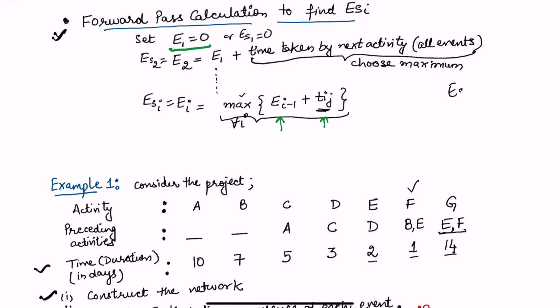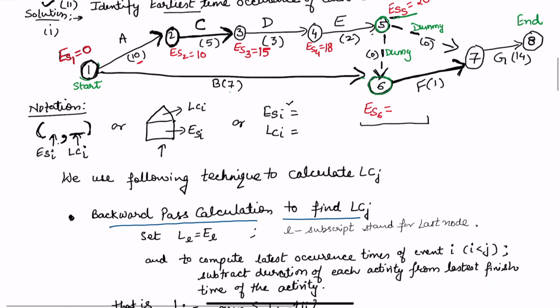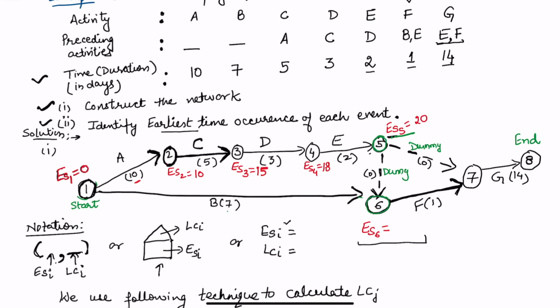In this question, this would be ES1 plus T1j and also ES(i minus 1) plus Tij. So that is why we are going to choose the maximum. So you have to see from all previous nodes, for all i, from whichever preceding nodes it is coming up. Now in this case, 20 plus 0 is 20 and 0 plus 7 is 7. The maximum is 20. So I'll take this as 20. It will ensure that 20 days will be the starting time. All the previous activities need 20 days to complete. Okay, and then I'll be moving forward.